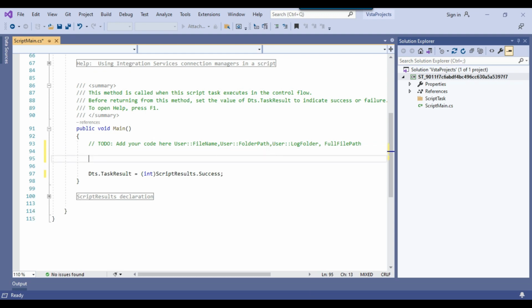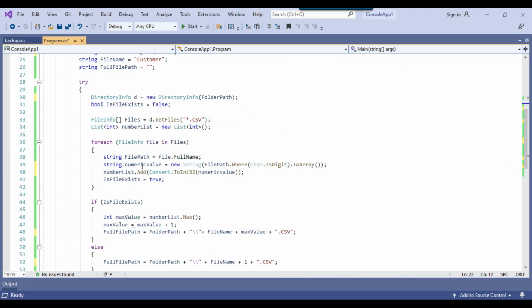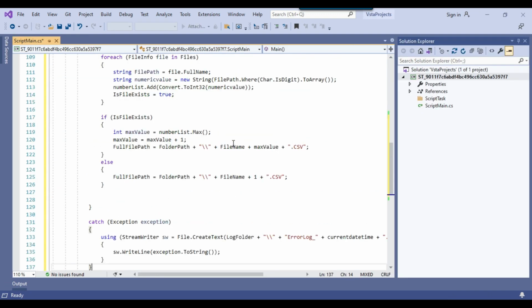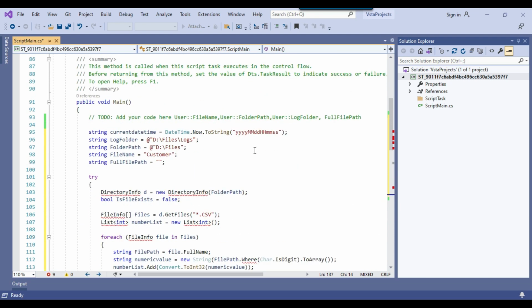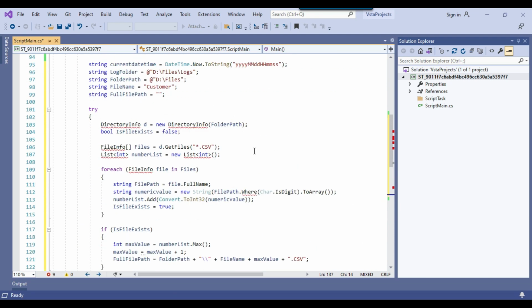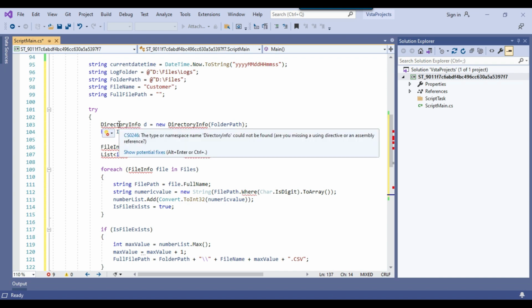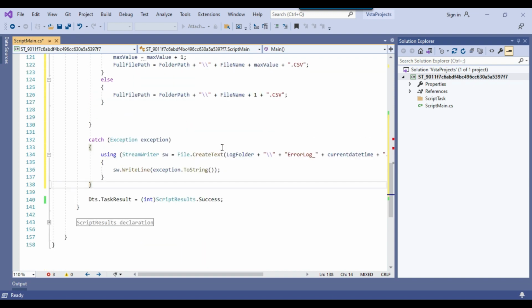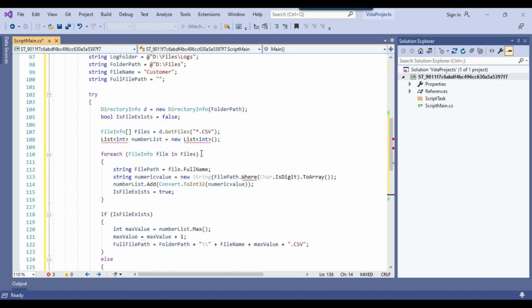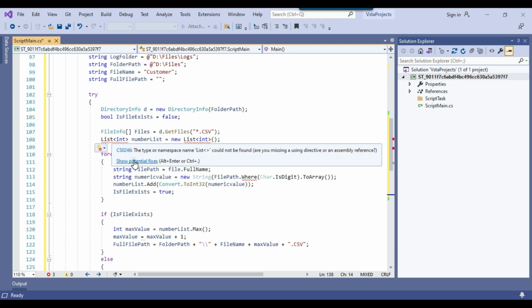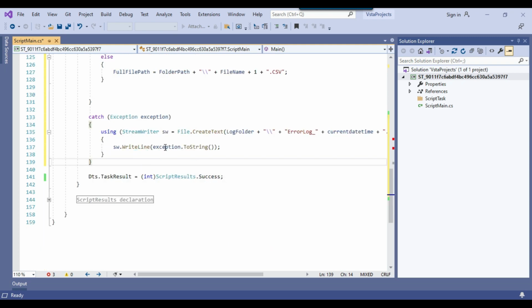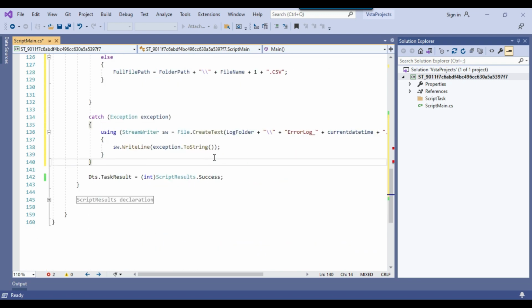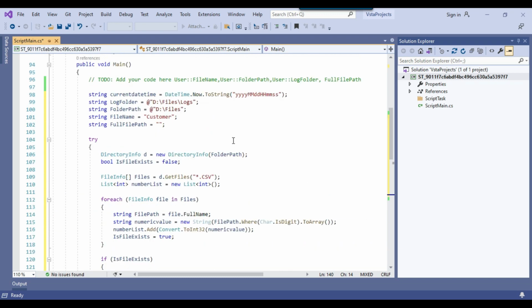Now I can go back to the C# console app and copy this code from here, and then paste it here. So this is perfectly fine. Now it seems like this is missing some namespaces, and I think the namespace should be System.IO. So I can add using System.IO here, and the majority of the errors are gone. It also needs System.Collections.Generic and using System.Linq. So I think all the errors are gone now.